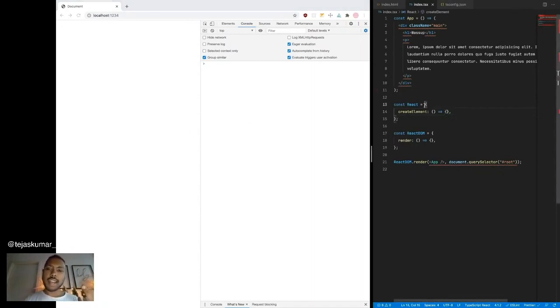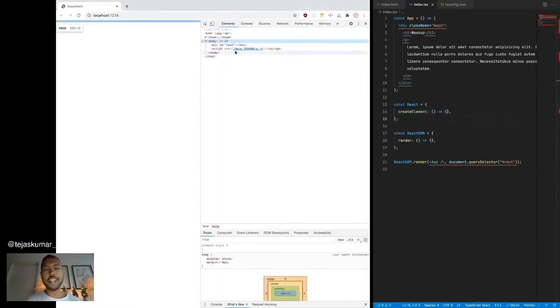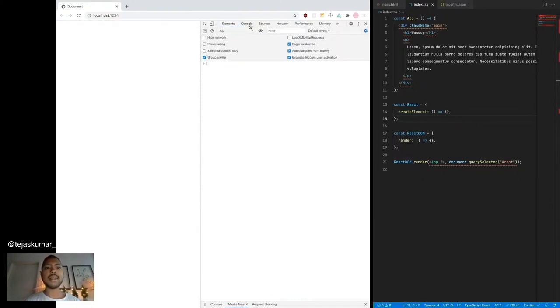So what React does really is it takes your DOM, a representation of this tree structure in JSX, and turns it into something called the virtual DOM, which is just a bunch of JavaScript objects nested in the same way a DOM tree is, that can be operated upon a bit more efficiently. So that's what React is going to do here with create element.